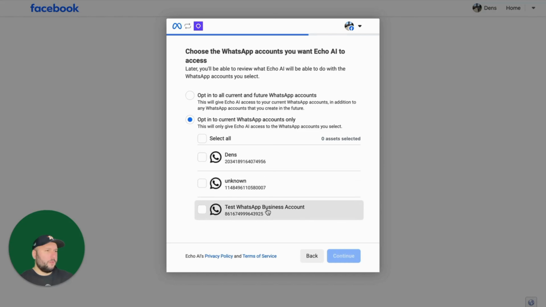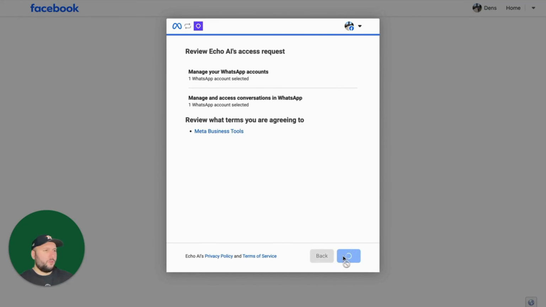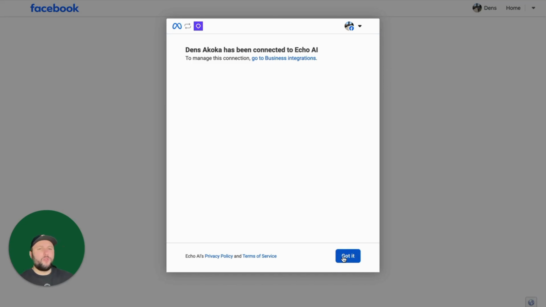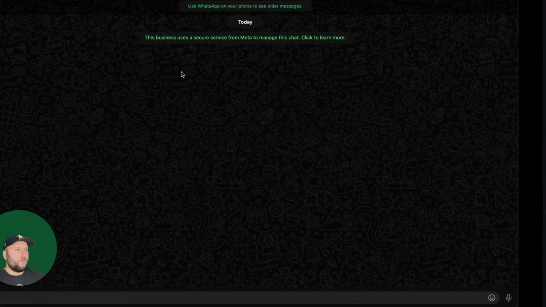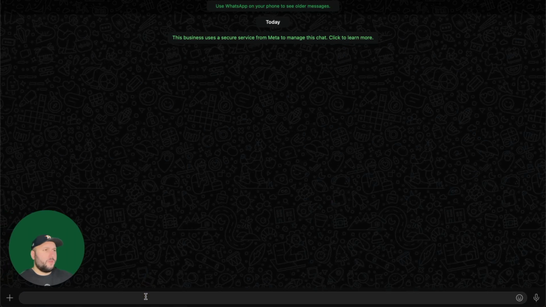Continue. I'm going to use this one. Just remember, you have to have a WhatsApp business account to make it work. A simple WhatsApp account is not allowed by the Meta apps, unfortunately. So that's you connected. And now if we go to this phone number, which is connected to the WhatsApp,